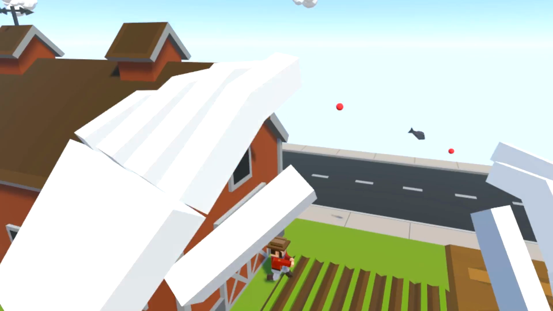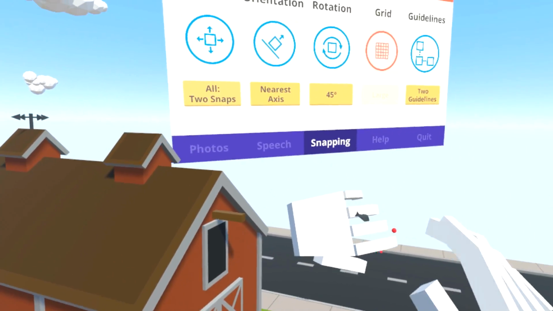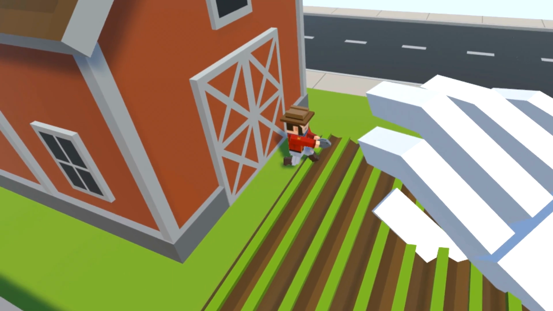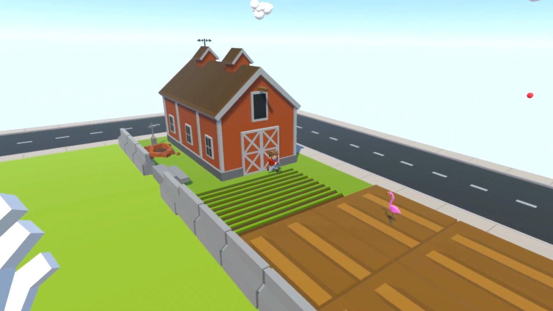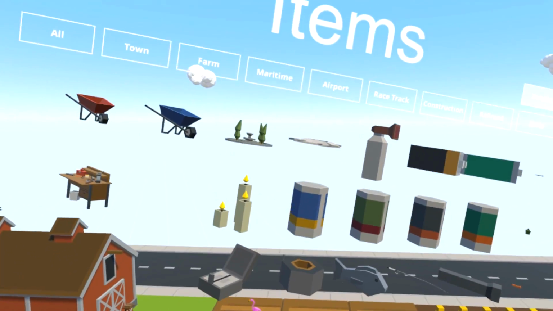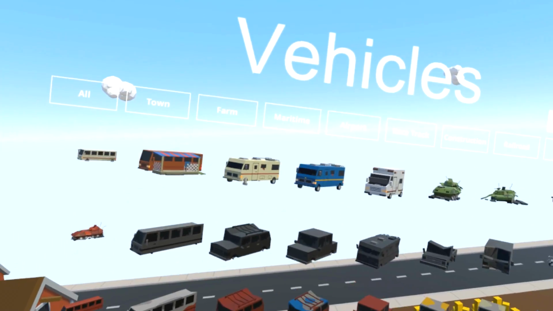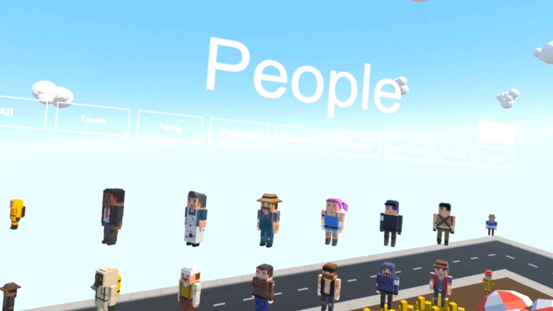There we go. We'll turn snapping off for now. Hold on, let's pop the fish there. So he's using a fish to fight the zombie horde, because there are no weapons, apparently. Okay, so I'm thinking now...